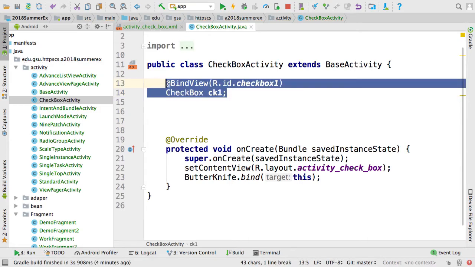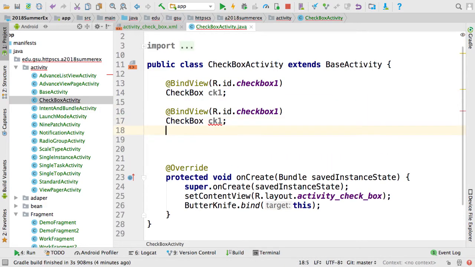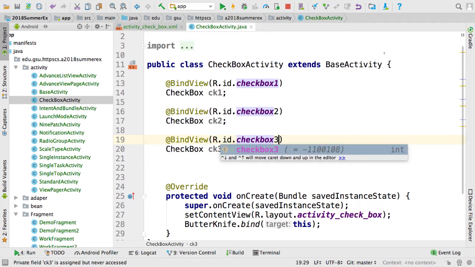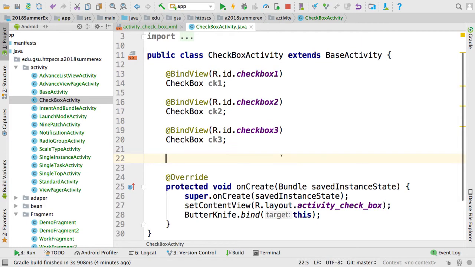Also for the other 2 checkboxes, 2, 3. So different to video group, where we can use checked ID to remember the selected video button,